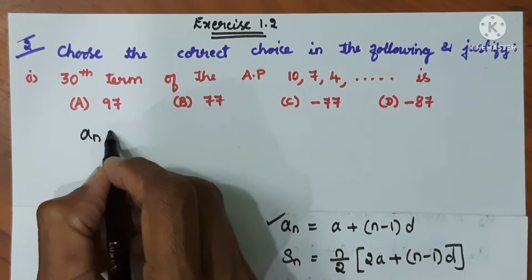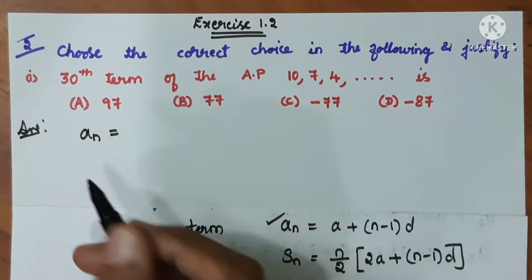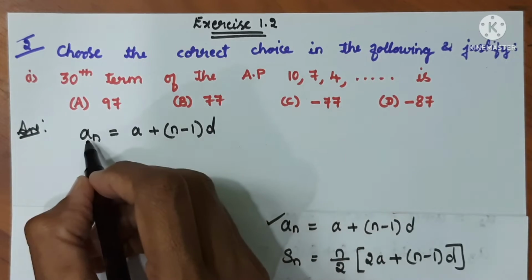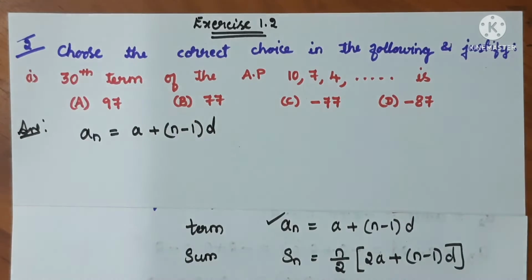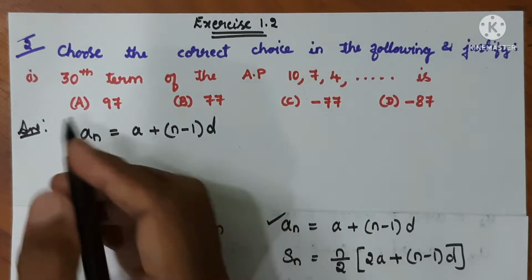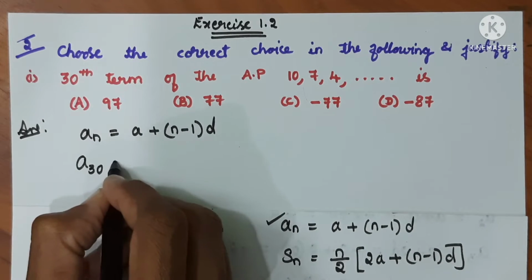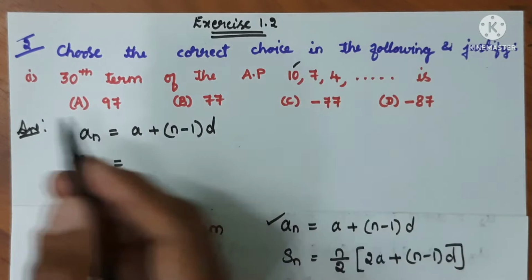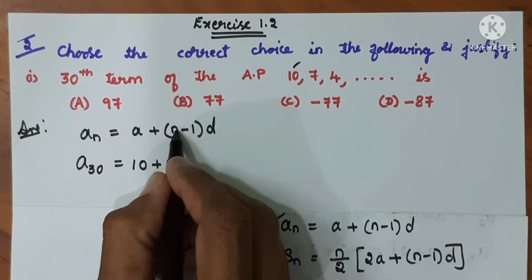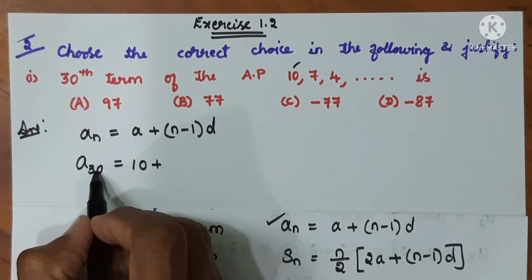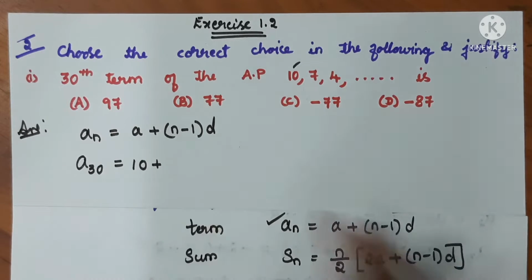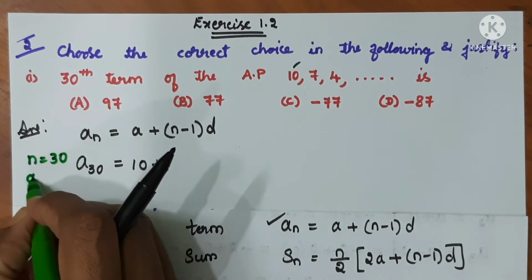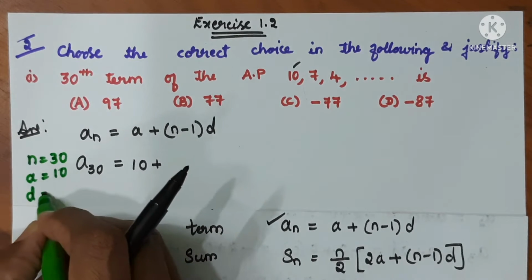Solution: an equal to a plus n minus 1 into d. Here we have to find the 30th term, so instead of an we have to write a30. a30 will be equal to a plus n minus 1 into d. Here a is the first term of the AP, which is 10. Since we need the 30th term, the n value is equal to 30. So n is 30, a is 10, and also d value is